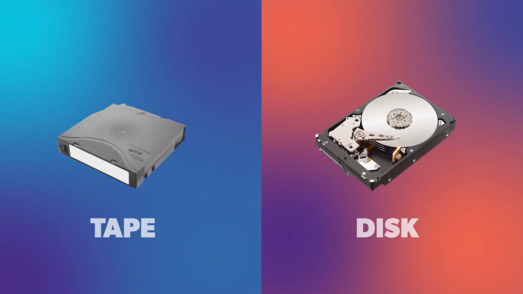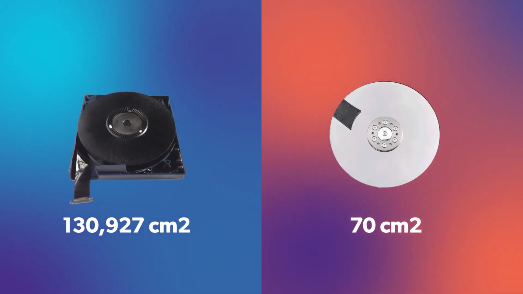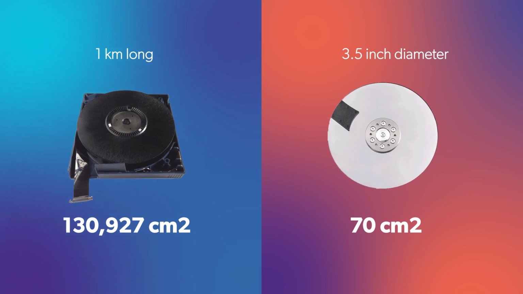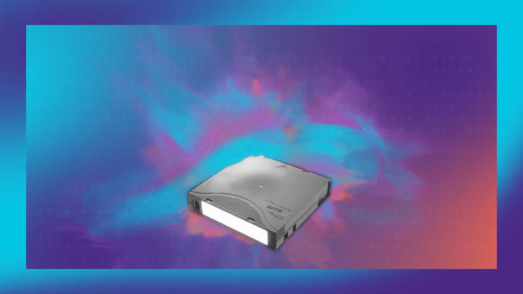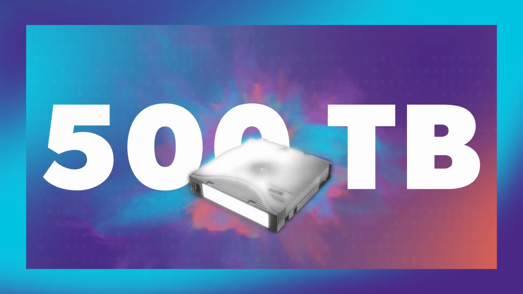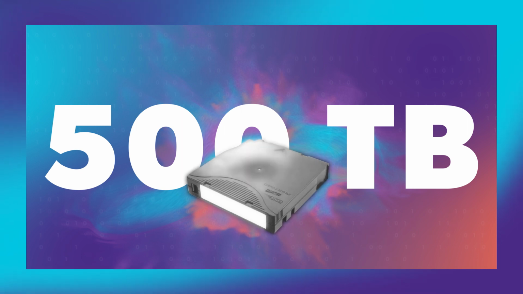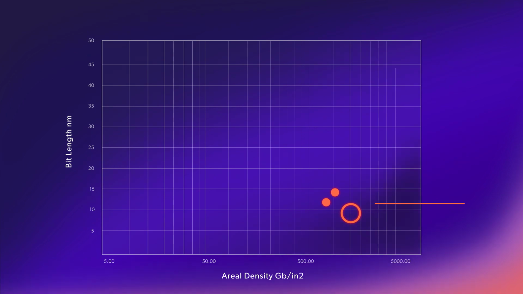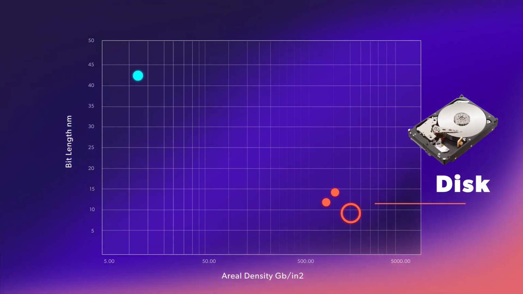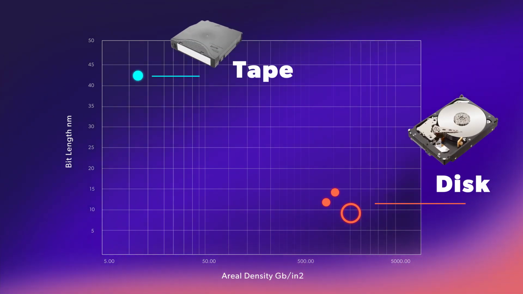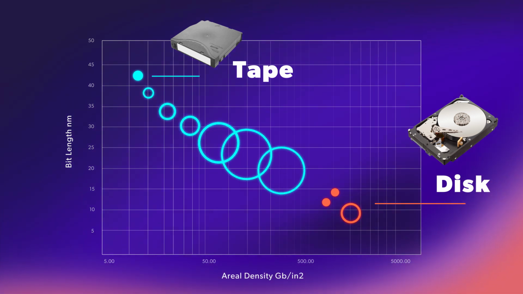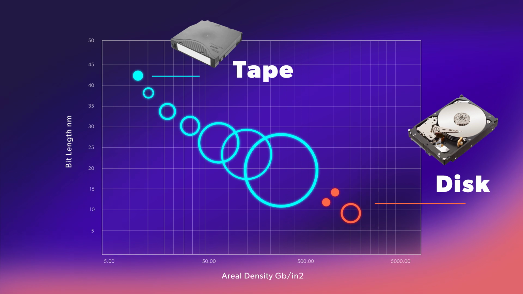comparison to data growth. By contrast, tape still has plenty of headroom for areal density increases because a tape has a much greater recording surface. The latest prototypes prove that tapes with over 500 terabyte capacity are possible before the end of the decade. But the areal density of these advanced tape technologies will still only be a third of today's 18 terabyte hard drives. That's why experts and analysts now expect tape to be a key storage technology of the future, including for